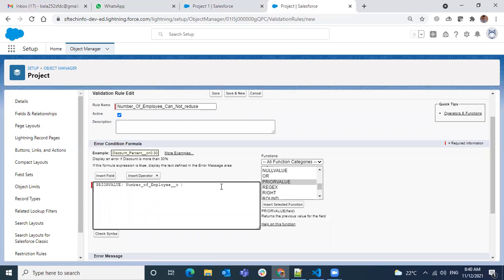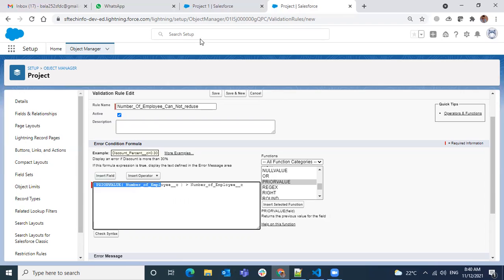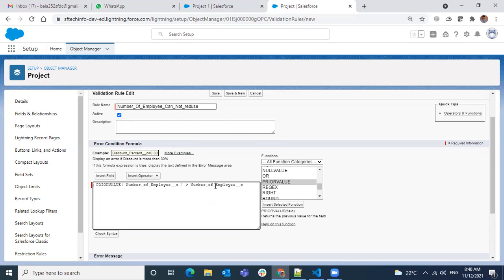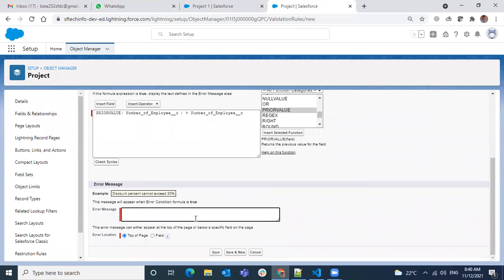If the prior value is more than the new value, so what it does, let's say now you have 100. The 100 will be in your prior value, and now you are changing it to 50. So the new value will be 50 and your prior value will be 100 when you hit save. So when the prior value is more than the new value, then you're going to fire this validation rule saying that